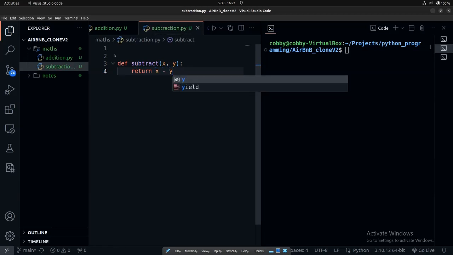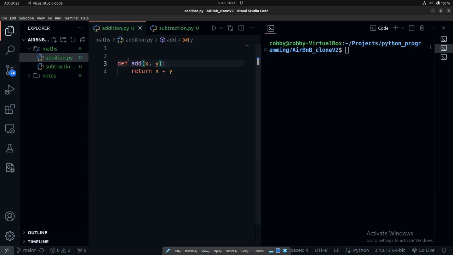Great. So what we've done is we have created two functions that each perform a particular task for us. The first function is the add function in the add file, and then the second one is